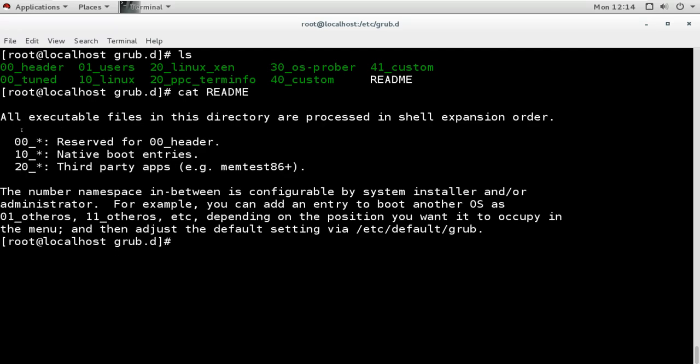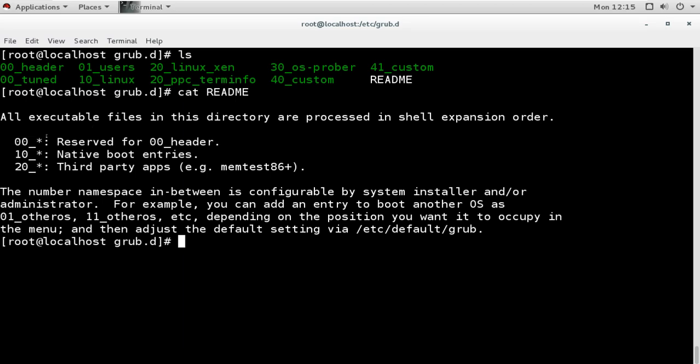Now it is saying all executable files in this directory are processed in shell expansion order. Shell expansion order is like these numbers. These numbers are used to process the files. First it will process 00, then 01, then 02, 03, 04, 05 and so on.